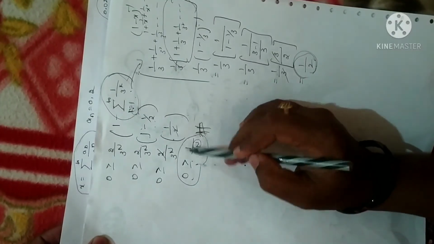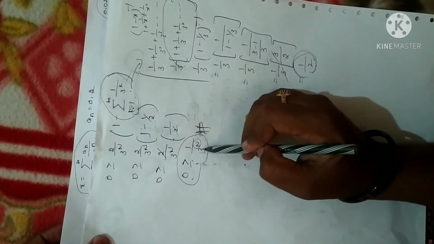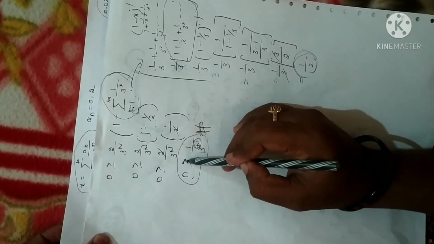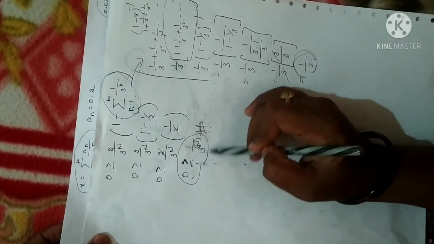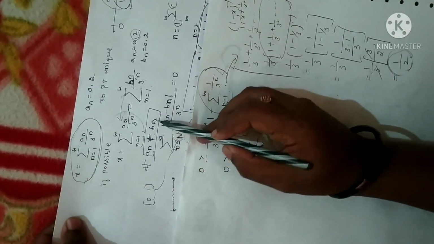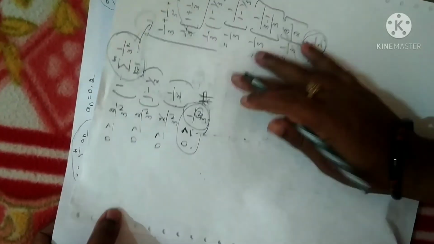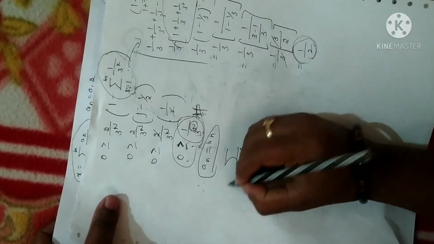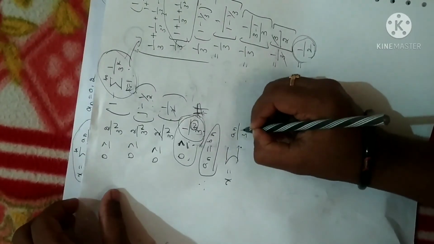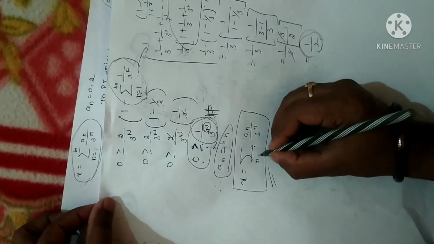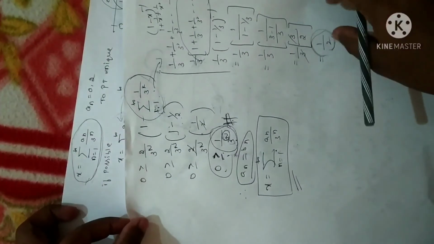0 is greater than or equal to 1 by 3 power of n. But remember, whatever may be the value of n, 0 cannot be greater than or equal to this particular number. So this is a contradiction to our assumption that an is not equal to bn. Therefore, what we assumed is wrong. Therefore, an should be equal to bn. In the sense, the expression x equals the sum of an by 3 power of n is a unique expression with reference to the Cantor ternary set. Hope it is clear.